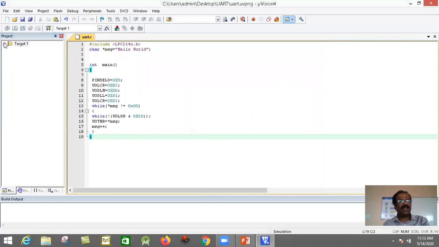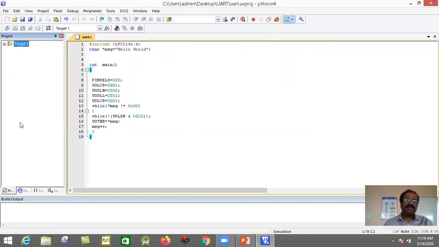Let's verify here. In the source group, startup.s is there and UART.c. Both are available here. This is a very important step. This is a common procedure for all Part B programs. We keep on changing the program, but the concept of creating the Keil microvision project and every procedure remains the same for all Part B programs.